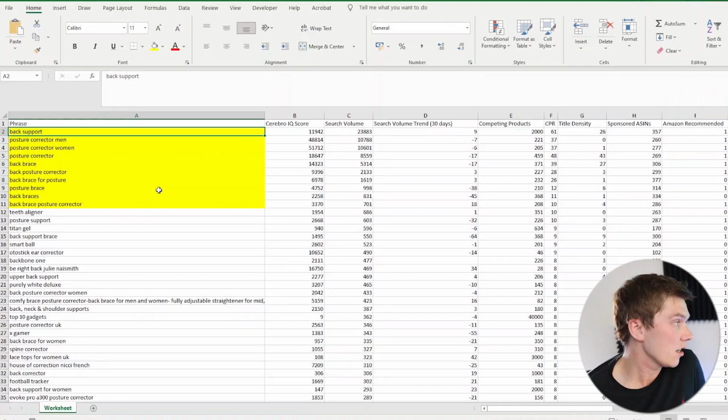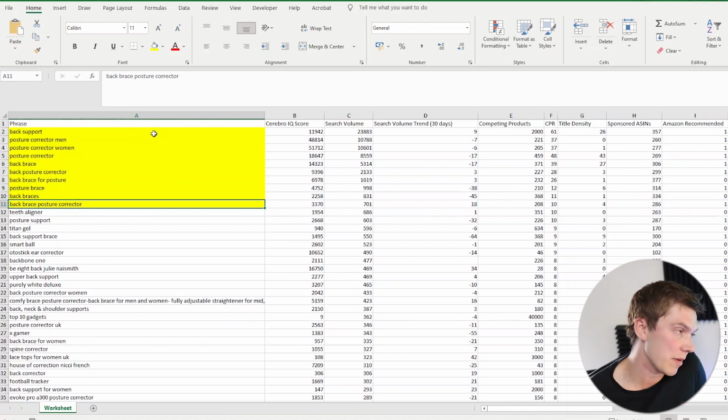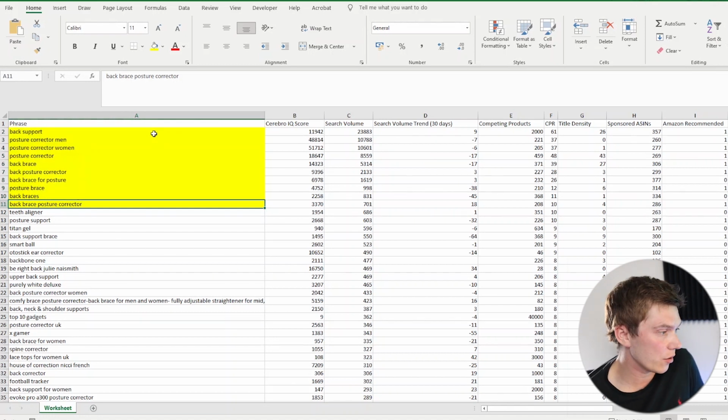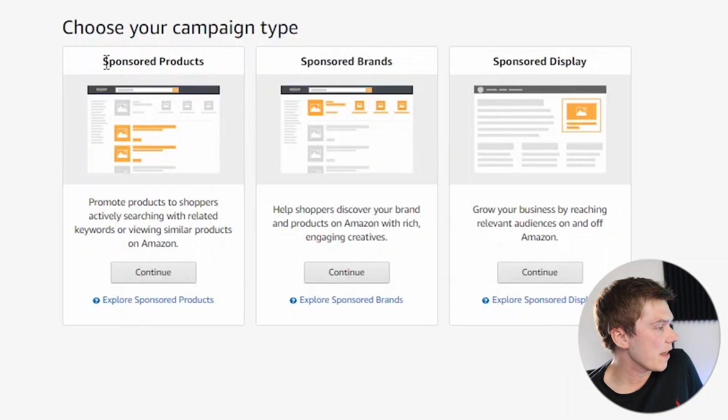The exact campaign method is going to be more precise, and it's going to allow you to hone in on specific keywords, but it can be more expensive. So just have a think about which one you want to do. As I say, I do both typically when launching, but it's down to your preference, whether you've got the time to manage both, whether you've got the budget, and so on. But in any case, what I would say is just copy these here,